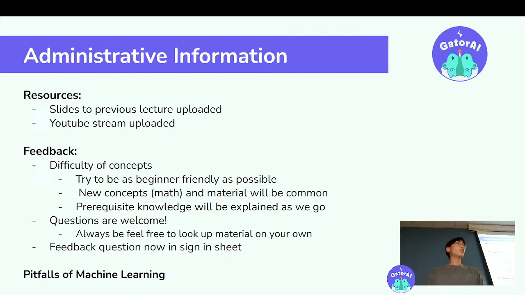Some people also had questions for me from the previous lecture, and I wanted to emphasize some pitfalls of machine learning. Some people were having ideas of how to use machine learning. Machine learning is a great way to predict things using data that you have, but it is not extremely good at analyzing the world and understanding how it works. For example, in physics, machine learning is not very good at knowing what's going on. It might be able to find a pattern that works for certain things, but it's very bad at understanding what's going on. And even in the real world, let's say you try to predict something like obesity percentage